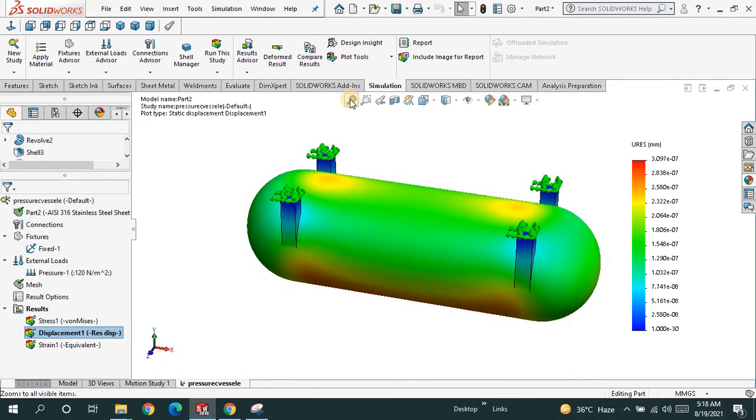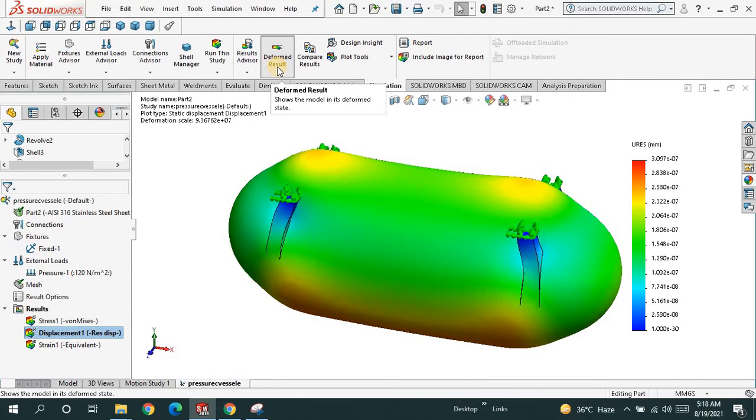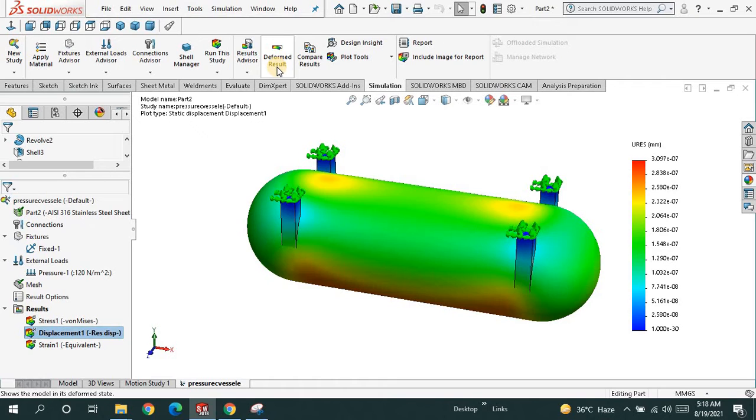So actually it carries internal pressure, and it is designed for certain limitations of pressure. If you exceed that limit, what would happen? The pressure vessel is going to crash down. If you go for the deform result, after applying a certain internal pressure, you will get a result like this. So to simulate this,